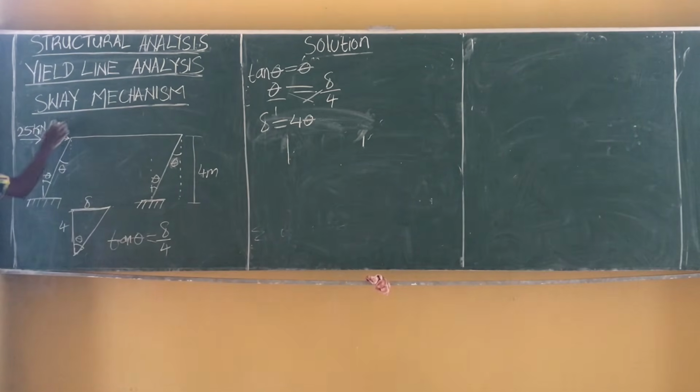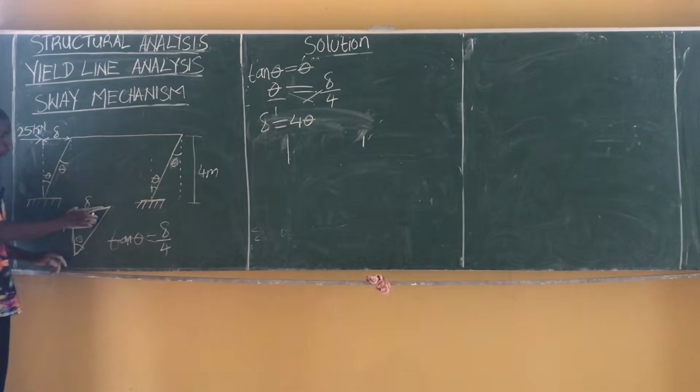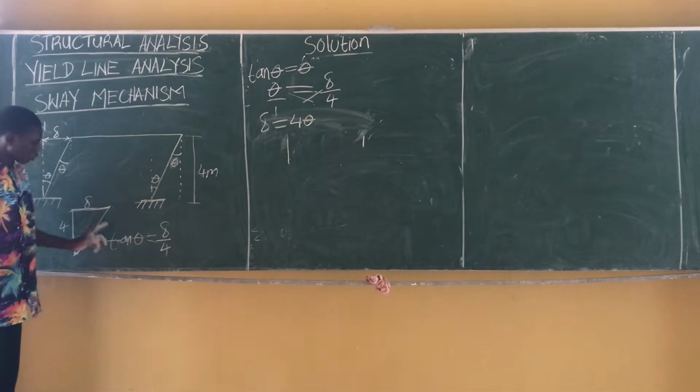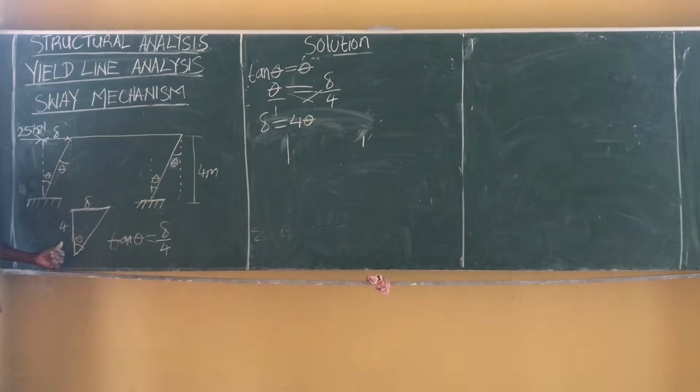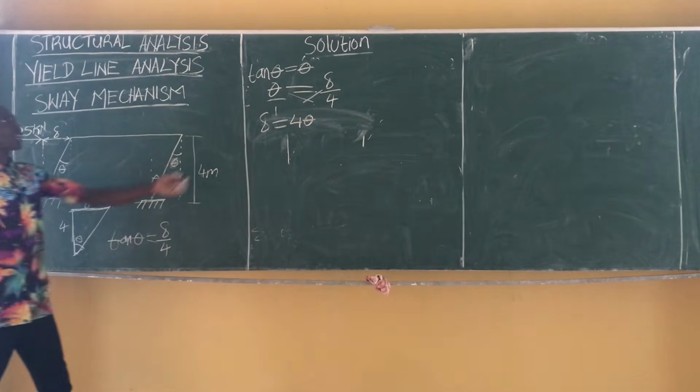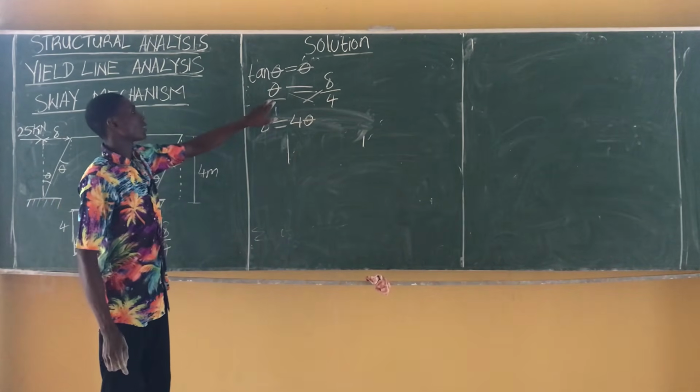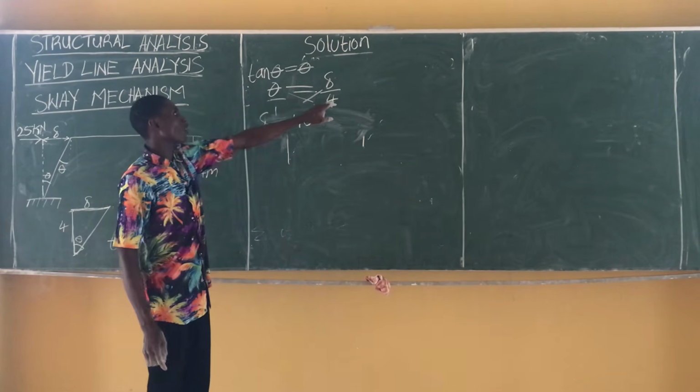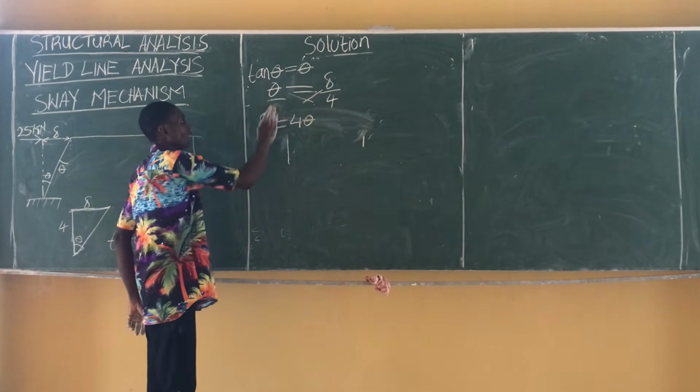Now we want to determine the magnitude of this displacement. So we have this triangle over here. To get our displacement, we simply take the tan of this angle. Tan theta, knowing that this portion is opposite this angle, this is our hypotenuse and these are the adjacent sides to this angle. So tan theta is equal to opposite over adjacent, in which our opposite is our deflection and our adjacent is 4 meters. Because this angle is small, we can take tan theta to be theta. Hence, tan theta is equal to deflection over 4. Cross multiplying, we have our deflection to be